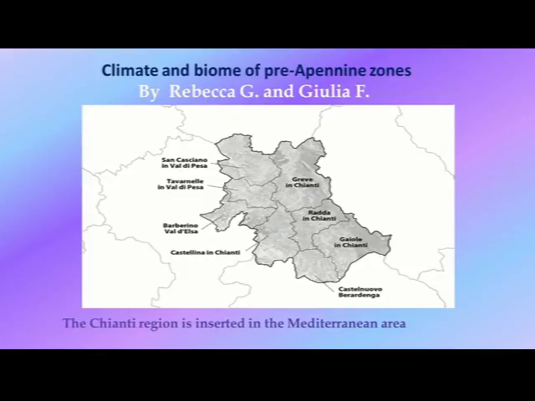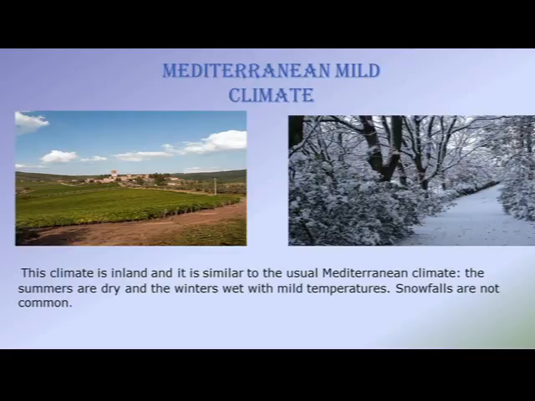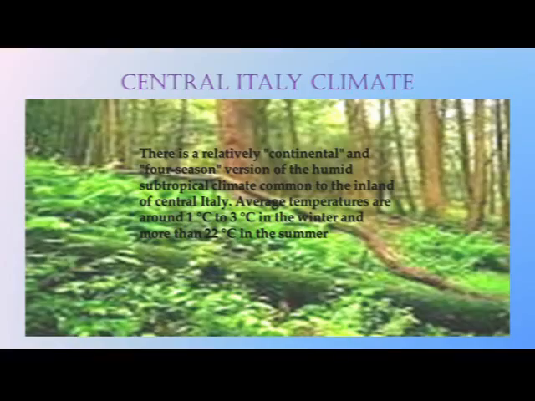Climate and biome of the Pre-Apennine zone by Rebecca and Julia. The Chianti region is inserted in the Mediterranean area. Mediterranean mild climate. This climate is inland and it is similar to the usual Mediterranean climate. The summers are dry and the winters wet with mild temperatures. Snowfalls are not common. There is a relatively continental and four-season version of the humid subtropical climate, common to the